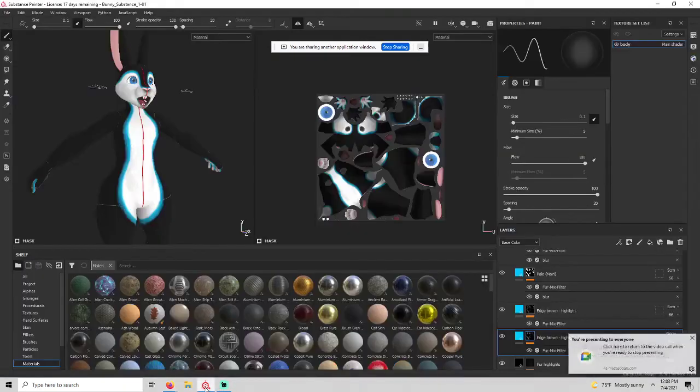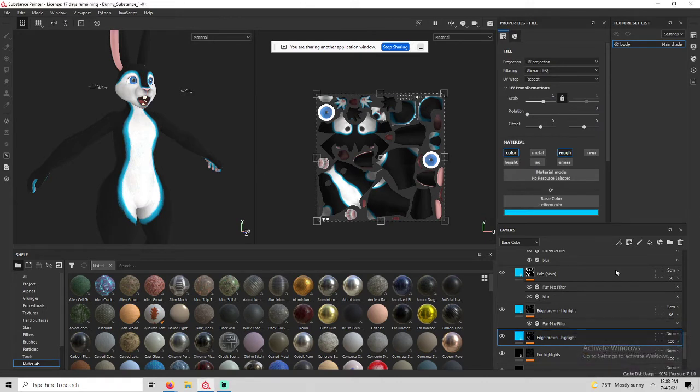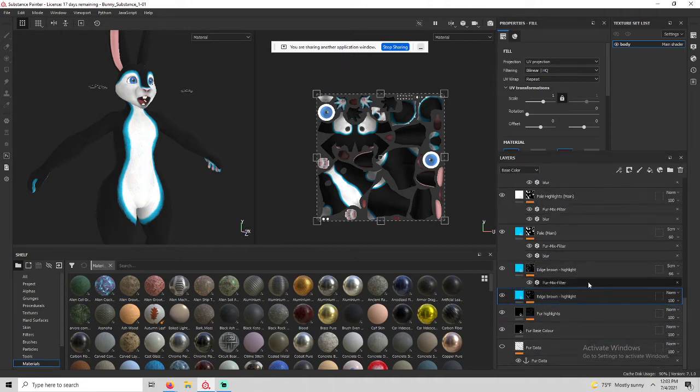All right. So, if you're not familiar with Substance, a lot of this can look a little intimidating. But the layers we want to work with are over here, and they can be clearly labeled. The fur base color is the one down here. Now this is going to be all of this nonsense,